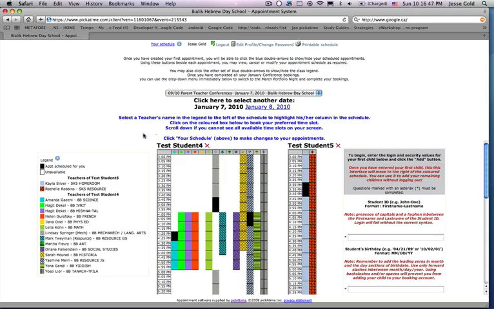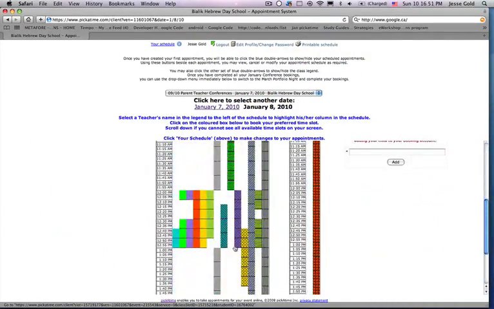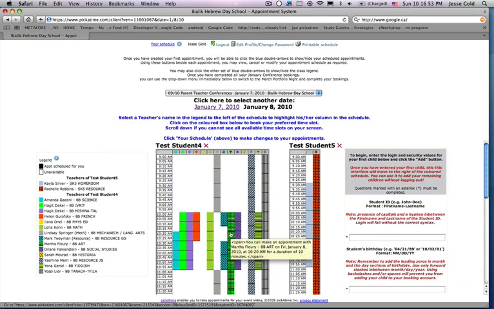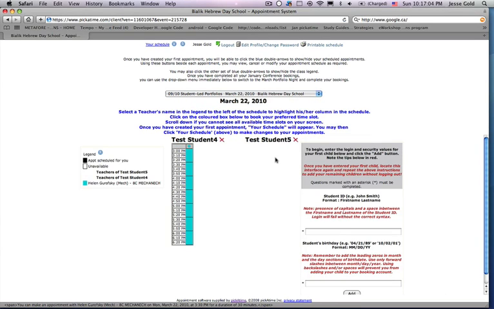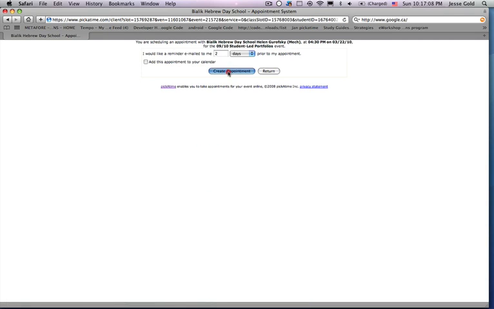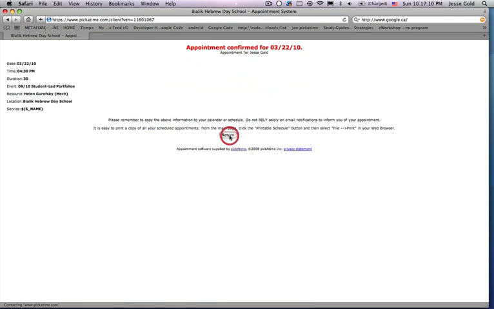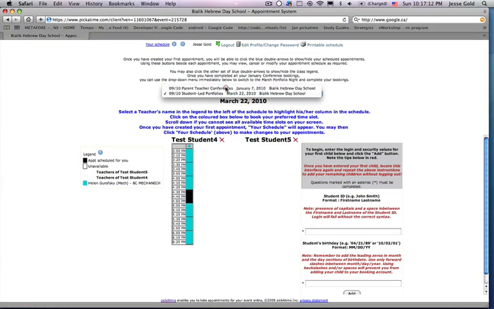Beautiful. Now, I can go ahead and look for appointments on another day if I'm not happy with those times. And once I'm finished with the appointments for January, I can click on this little pull down and go to the March appointments. And go ahead. They're a little bit simpler. I'm going to go ahead and book an appointment for March as well. And now that I'm finished,